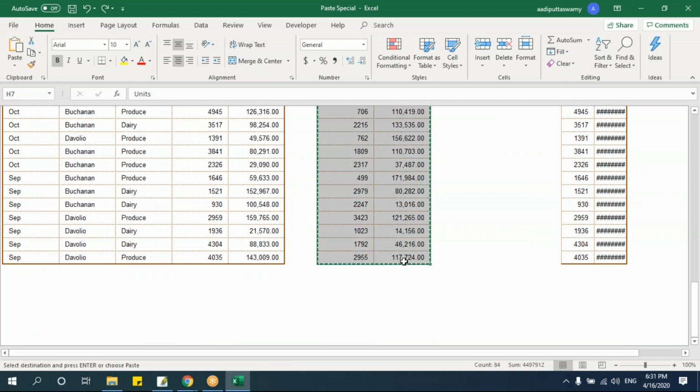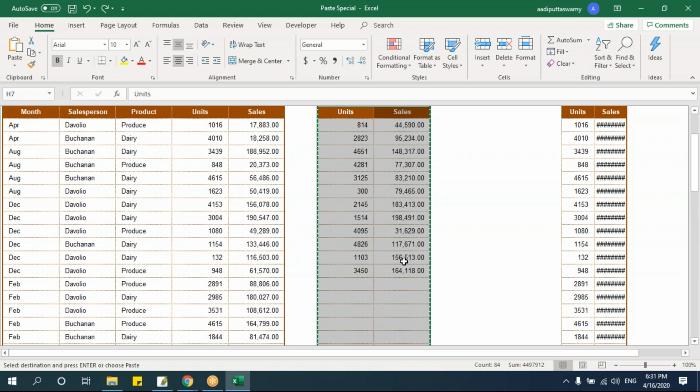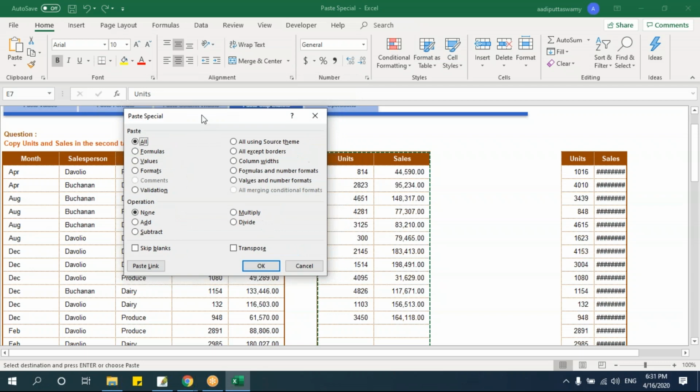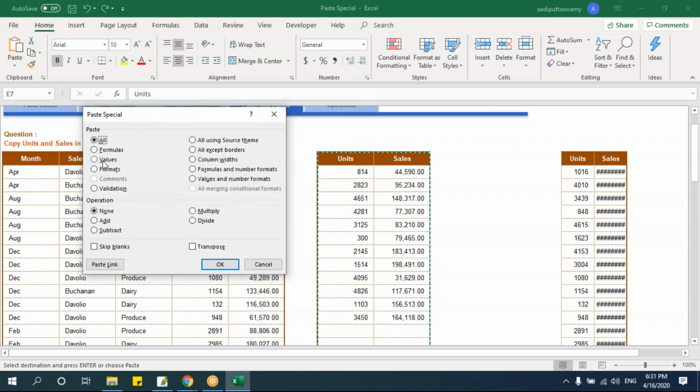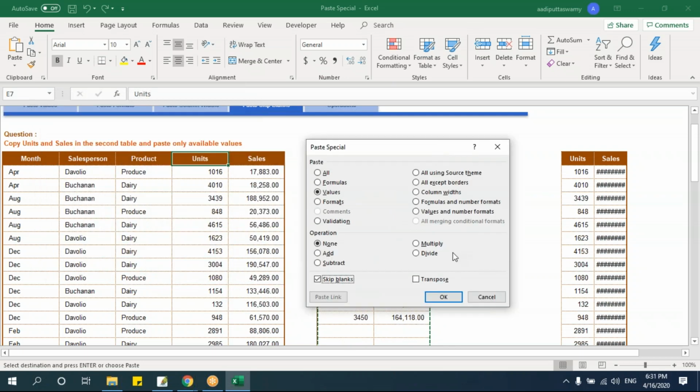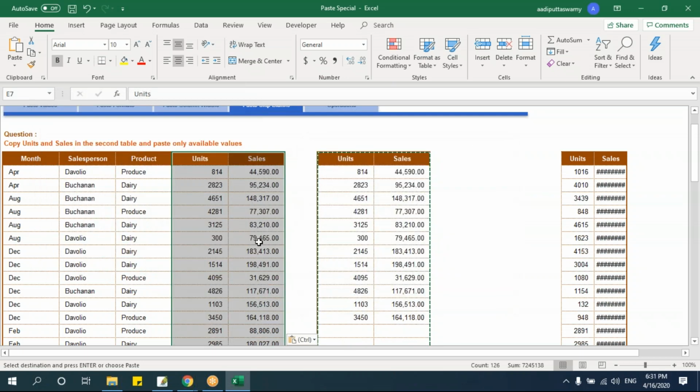Say Control C. Copied. Let's scroll up. Now I'll go here. I'll say Alt ES. Can you see this? The dialog box. Now I'll say paste as values so that the format will be retained. Even if you're not giving this, it's not a problem here because you have the same formats here, but while selecting, select this skip blanks. This option, skip blanks, what it will do is, here I have these blanks, this will be ignored while pasting. Now let me say OK. If I say OK, see, it got pasted.